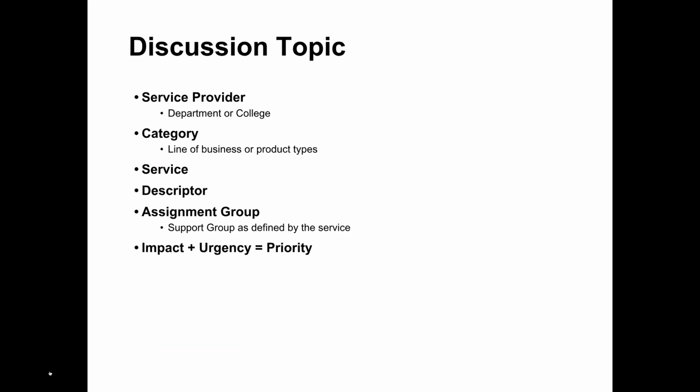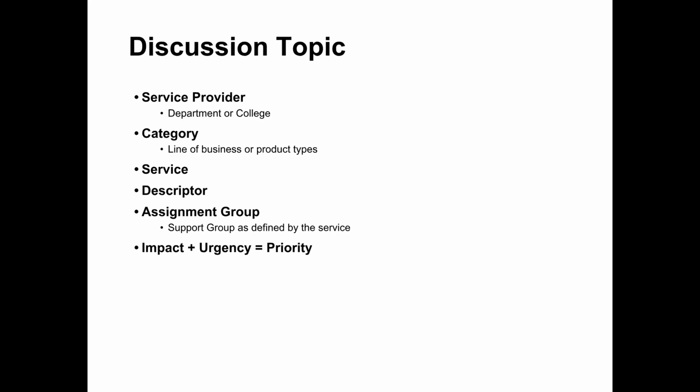With what I want to get into a little bit, the way we're handling things now at Ohio State and the Office of the Chief Information Officer, is that a lot of what we're doing presently is informed by the service design process. And what I mean by that is that throughout the service design process, we start defining some of the different things that we might want to capture when we're doing incident categorization. For example, one of the things we like to capture is the service provider. Now, the OCIO uses this ticketing system, but there are other areas inside of the university that also use the same system. So we definitely want to parse out what's ours, what's theirs.